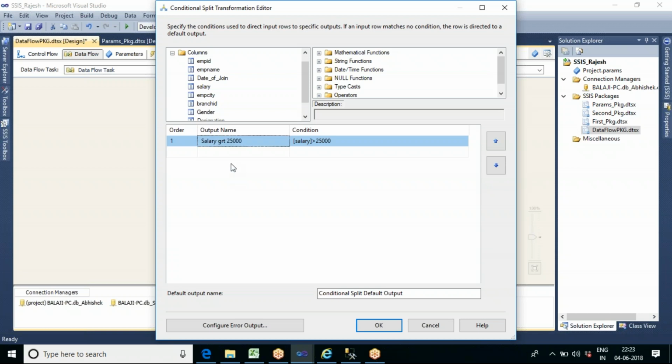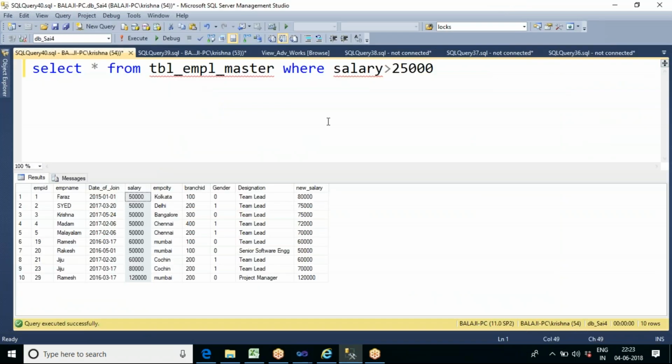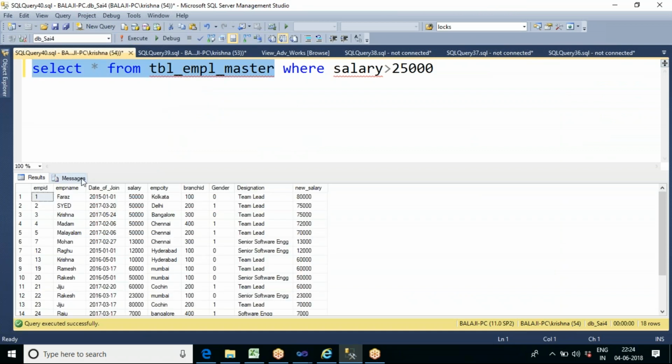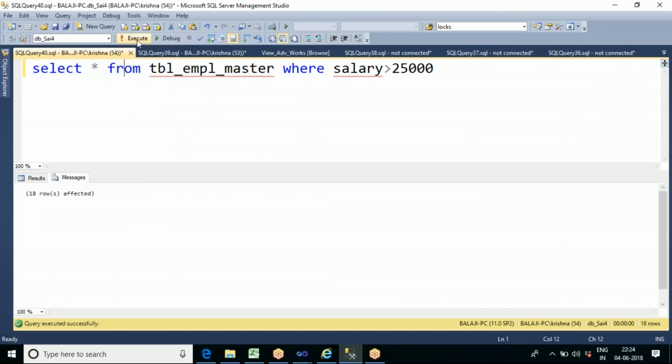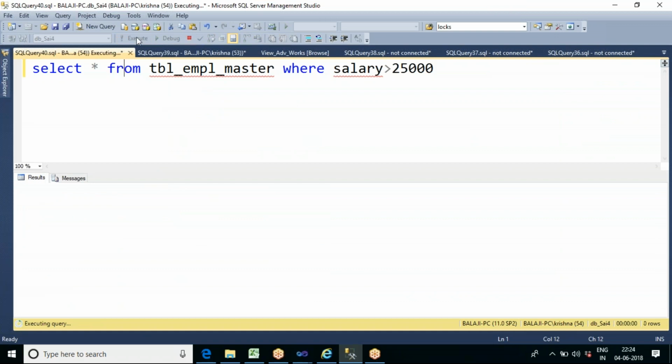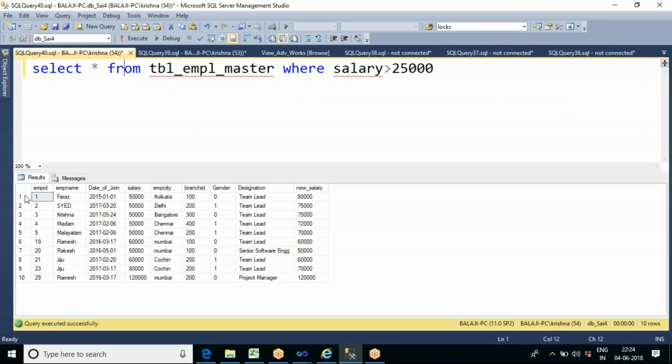And the records which are not satisfying this condition: if I execute this, out of 18 records in total, with the condition salary greater than 25,000, only 10 records are coming here. And what about the remaining records?